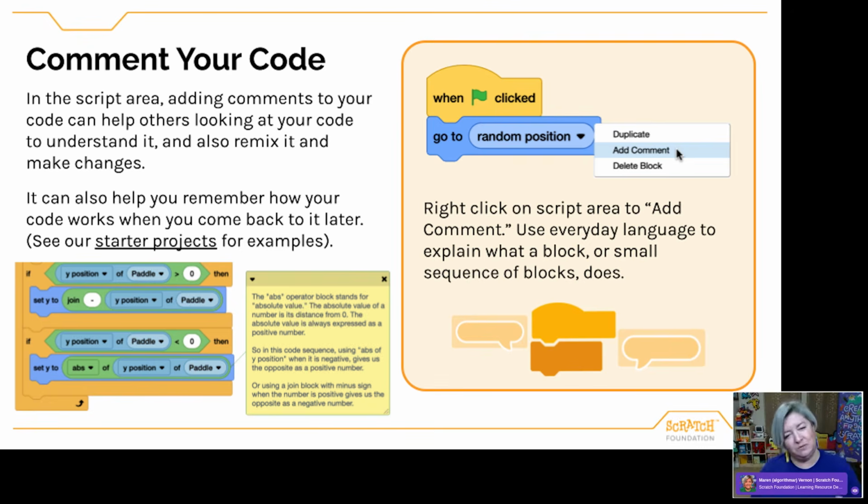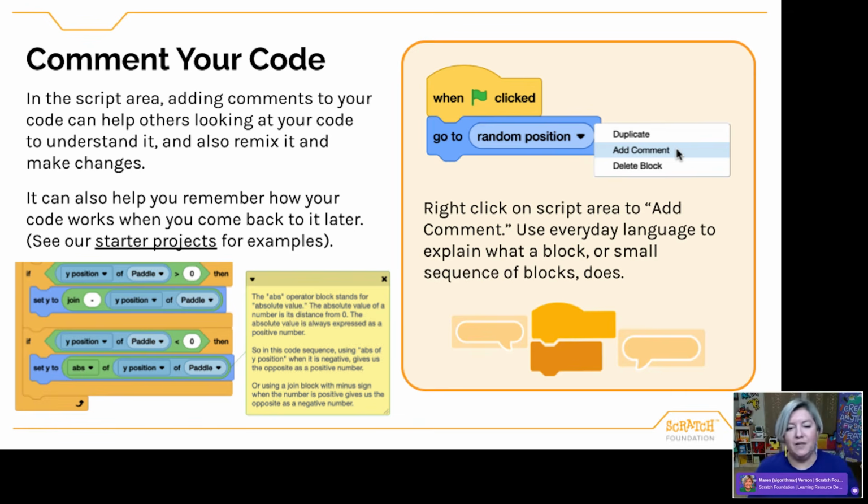Because often when you stepped away from something and you come back to it later, I don't know if you have found, but I've certainly found that sometimes I think, how does this work? I need to make a correction, but I don't remember how these different scripts are connected, or what is being triggered here, or why I chose this particular similar block over another similar block. And so, not only can the comments be helpful for others trying to come in and understand your project, but selfishly, it can be helpful for you as well when you pick this back up again to remember what you